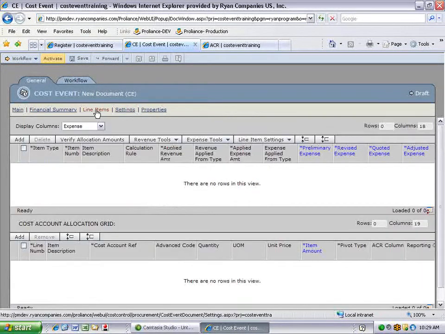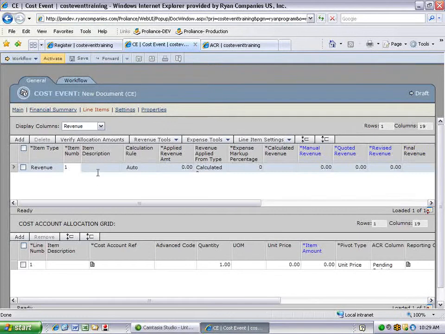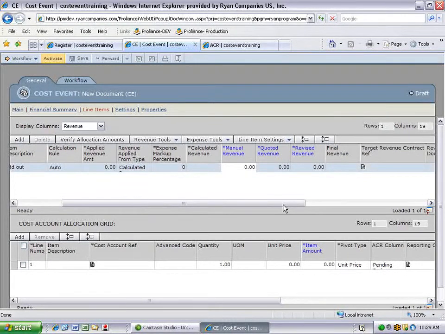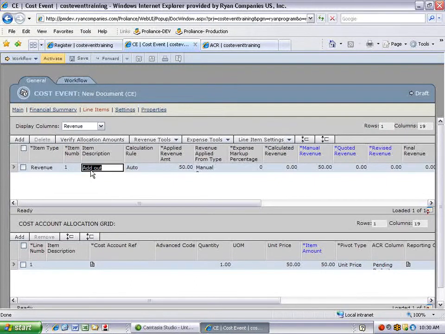Go to our line items page. Change our display columns to revenue. Click add to get a new line item. Enter a description. We're going to go to the first column and add our revenue amount. We're going to put our target owner contract in here. I'm going to take the description from above, paste that down below,